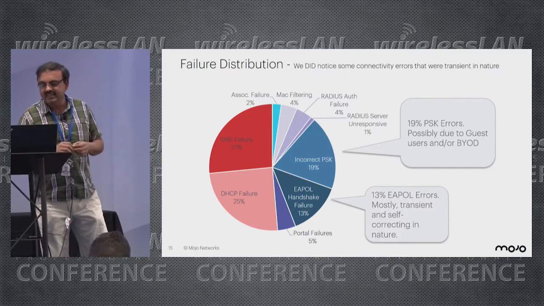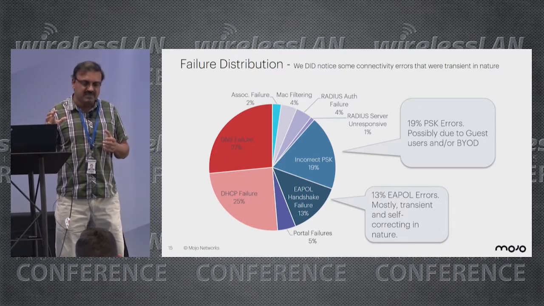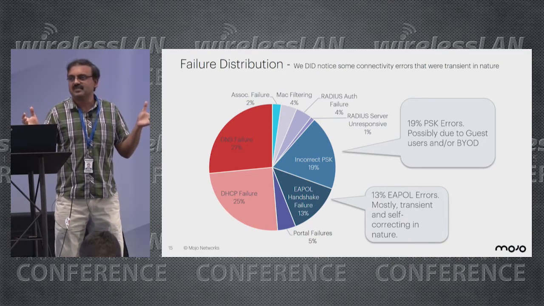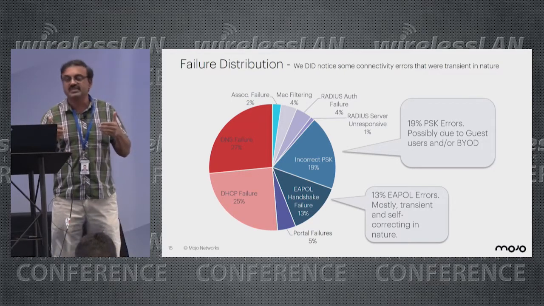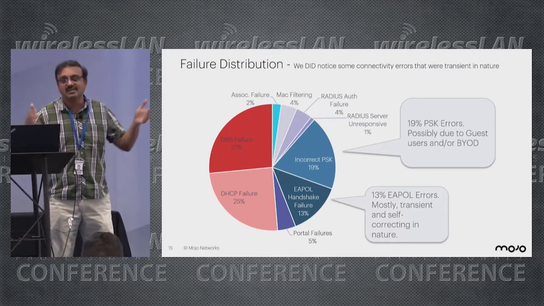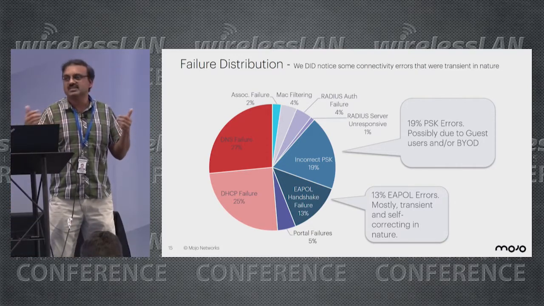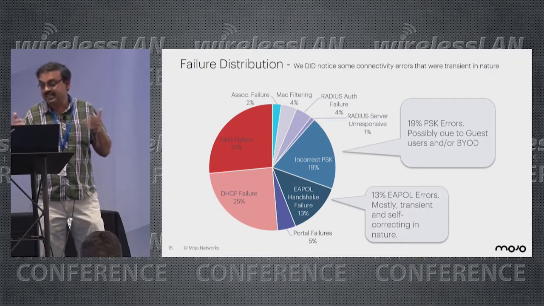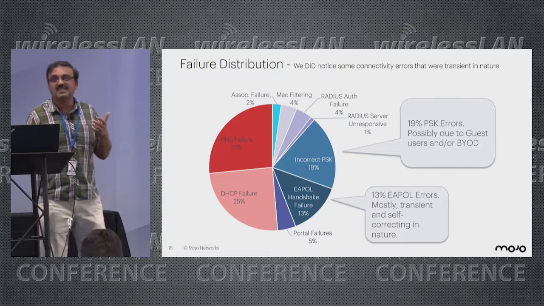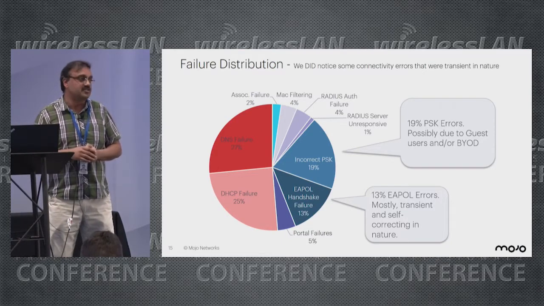And the other interesting thing is that we are noticing there are about 13% EAPOL errors. This is something strange because EAPOL is a very simple protocol and it has to succeed, right? And we know that periodic rekeying and those kinds of things happen in a Wi-Fi network. We expect that if it succeeds once, it has to succeed 100 times and 1,000 times. But we are seeing that there is some element of probability here, and EAPOL failures are seen with the clients. This may be because some packets are getting dropped, or maybe there is some bug in the implementation which needs multiple attempts to succeed. But we do see these kinds of failures as well.